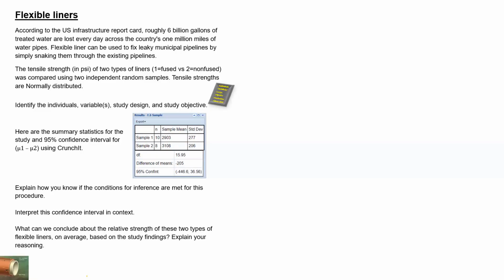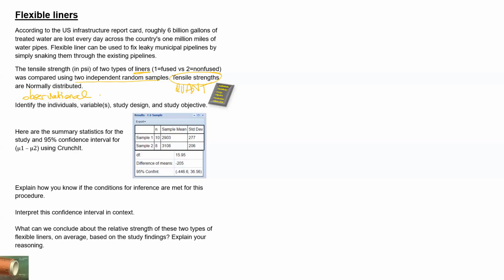Flexible liners. So the individuals here are flexible liners, and we are told that we have two independent random samples, and the variable is their tensile strength in PSI, so it's a quantitative variable. We're just collecting a sample of fused and a sample of non-fused liners, so we just have an observational study, and we would just like to compare the mean strength for those two types of liners overall at the population